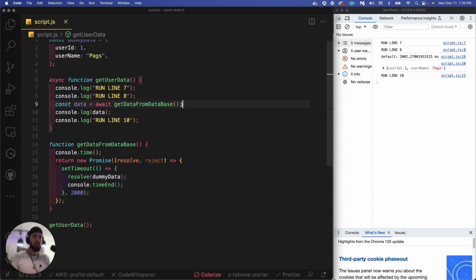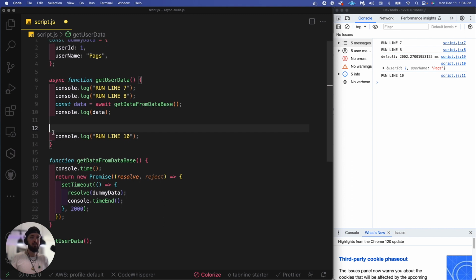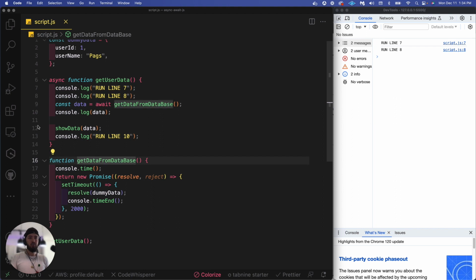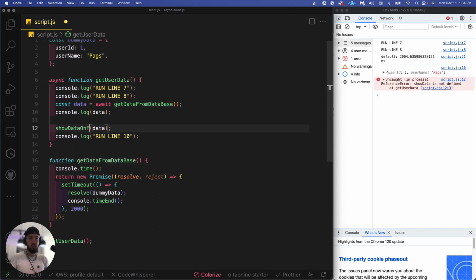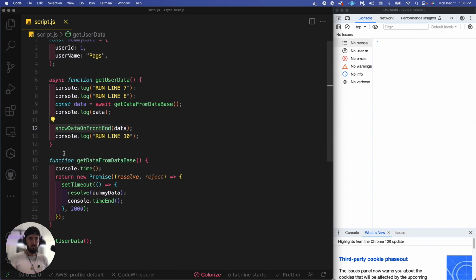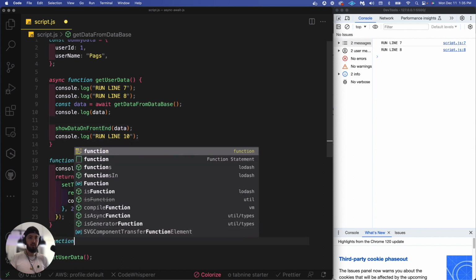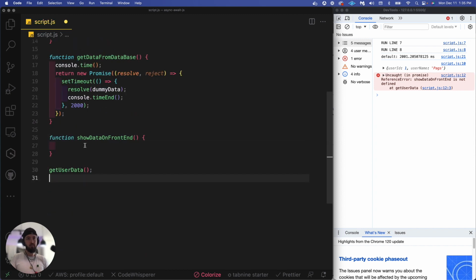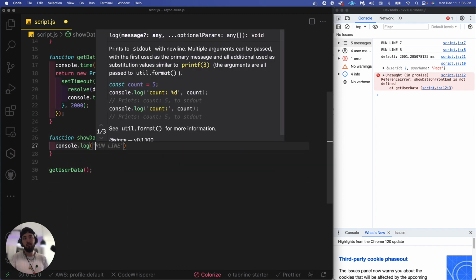Not a huge deal. But maybe you have another function immediately after this, like function show data on front end, and this function needs the data. Let's build this function. So function show data on front end, and all this is just going to console log some component,